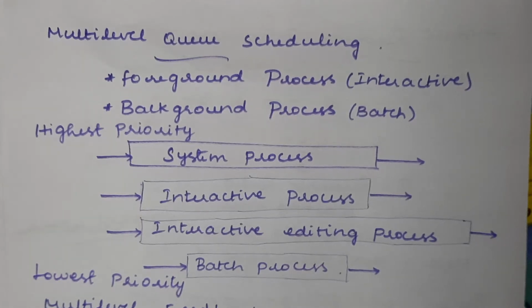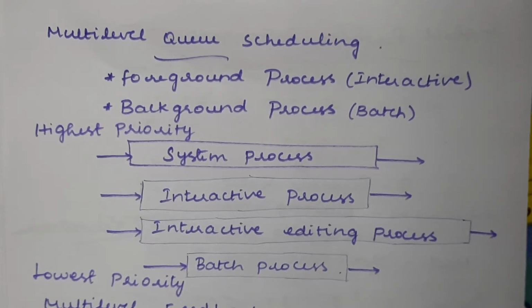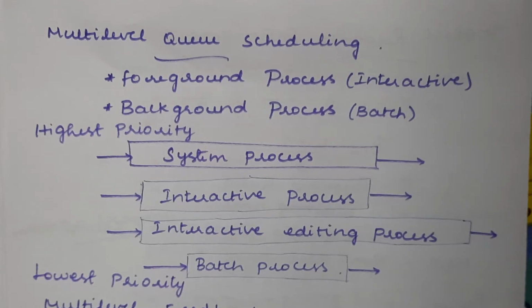Hello everyone. In this video, we will discuss multi-level queue scheduling. So far, we discussed many scheduling algorithms, all of which are CPU scheduling. In those algorithms, we have only one ready queue, so obviously it will maintain only one queue. But with this kind of scheduling, that is multi-level queue scheduling, we have many different levels of queue that will be maintained in the ready queue.